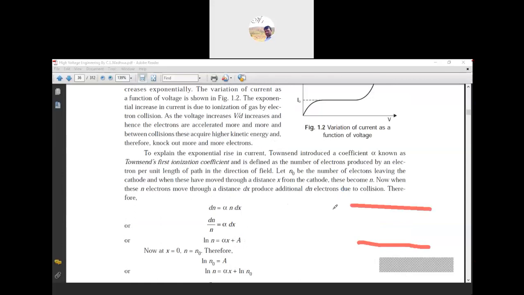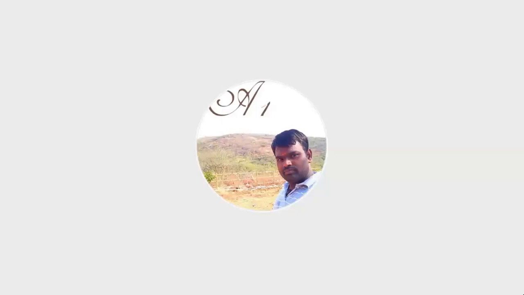So here what will happen? I'll draw the diagram. We are having the anode and the cathode. What will happen whenever the positive and negative electrodes are there? The current will flow from